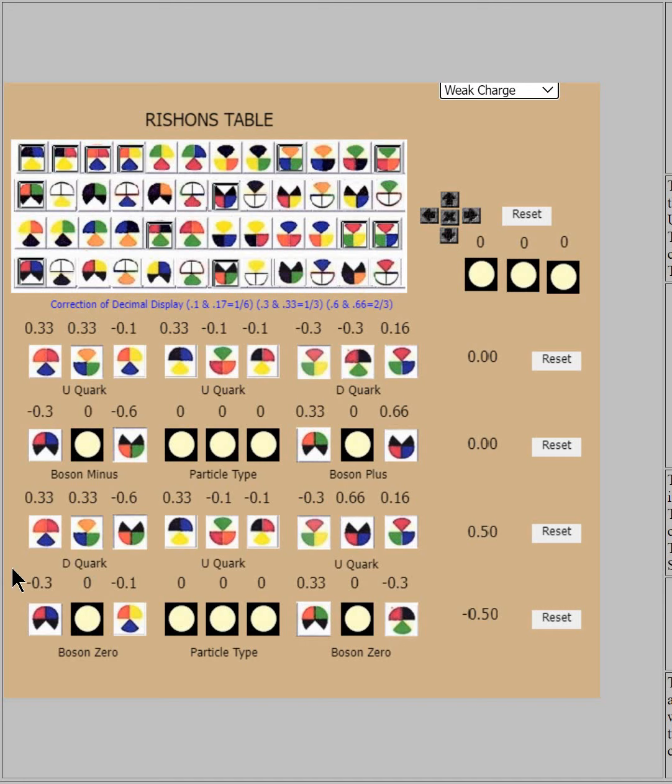And if we look at the associated or emitting boson 0, we can see that a weak charge of -1/2 is being carried away. And if we look over here at the U quark, then we see that on the